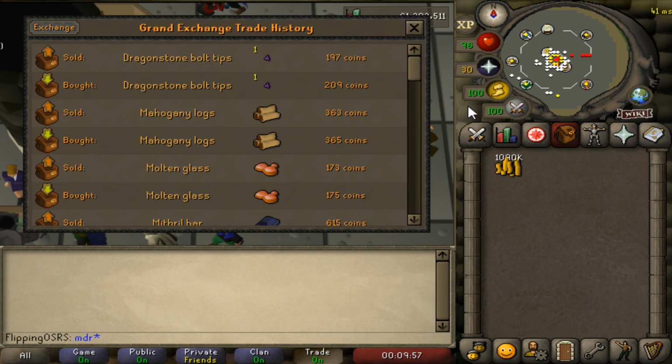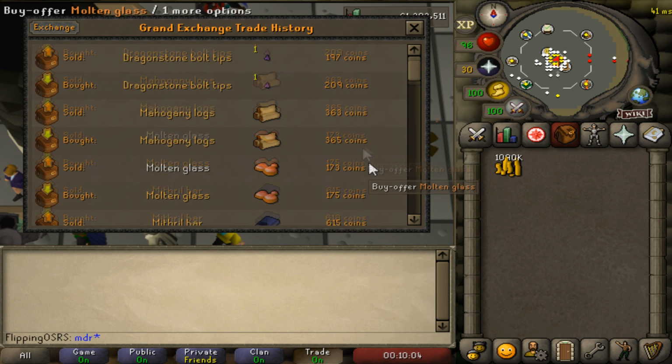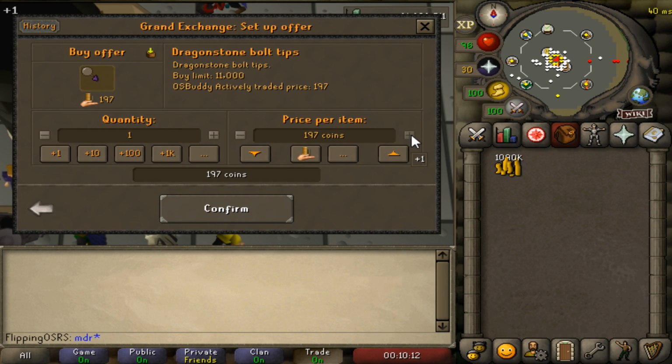Okay, there we go. That is a good one. We just price checked, let's see here, 5 or 6 different items. So it's not instant by any means, but we found a really nice margin on the Dragonstone bolt tip. So we're going to go ahead and click on it. We're going to undercut this margin